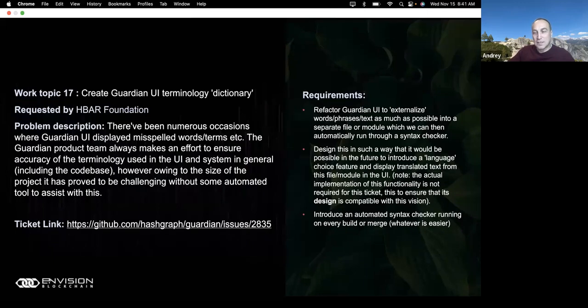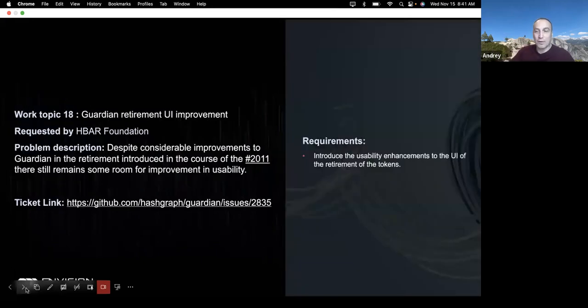In order to do this, we would need to refactor and ideally put all the terminology that we use in the Guardian UI and inside the policy authoring tool into a dictionary where we can automatically check the syntax and grammar, and maybe introduce translated versions of that dictionary so we can apply them if it is translated. So we are not planning to translate anything at the moment, but this work will enable that in the future and immediately improve our capability to maintain accurate spelling across the entire Guardian.